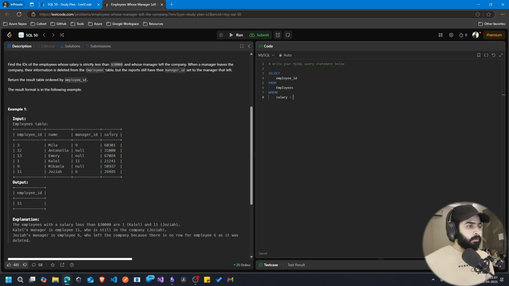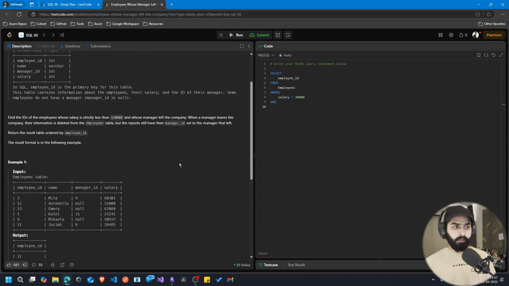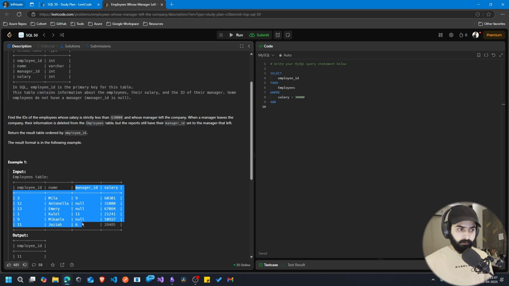The salary column is an integer type, yes, so we can simply use 30000. And now, just understand, we have to validate where the manager ID does not exist in the